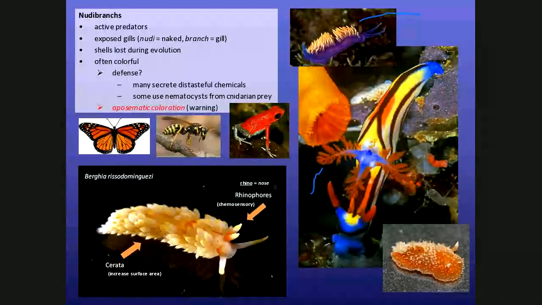Well, here's another one puzzling. Seems odd. Why would you do that? Now you're this brilliantly colored, soft-bodied critter without a shell. That one down the lower left, a lot of these appendages can be modified. Number one, the little appendages that are sticking out can increase the surface area for diffusion, and that critter down in the bottom, some of them can have chemosensory cells that act like rhinophores, so they can smell, essentially. So neat. But back to the color thing again. Why be so brightly colored and yet not have a shell? Well, if you have a defense mechanism, you may want to advertise that.